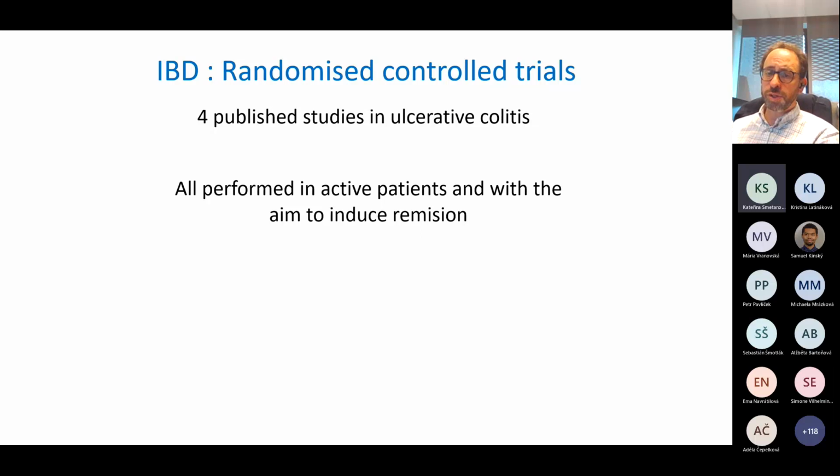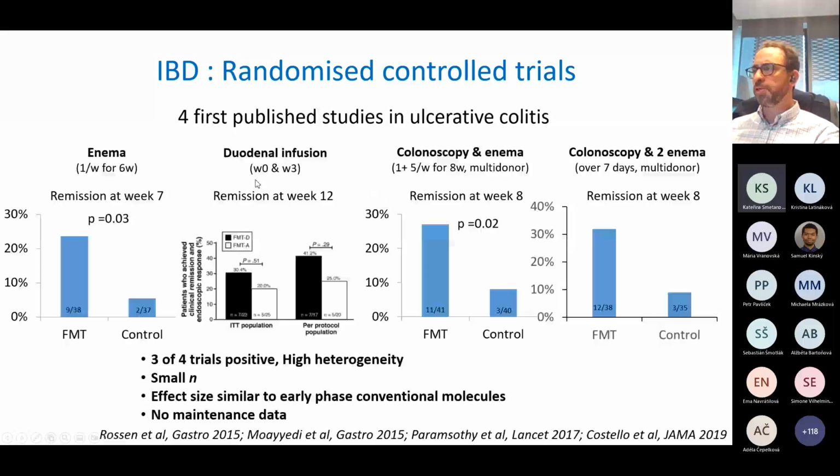In other diseases, of course, for which we think the microbiome is involved, it is very attractive to test fecal microbiota transplantation. And indeed, it has been done in inflammatory bowel disease and notably in ulcerative colitis. And in all these studies, the idea was to try to treat the patient with fecal microbiota transplantation. And globally, these are the results of the first 4 studies that evaluated FMT in ulcerative colitis. Globally, the effect were positive,